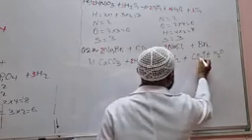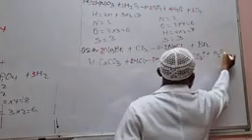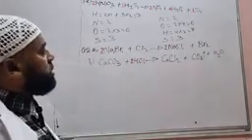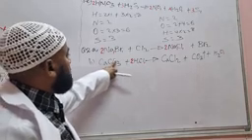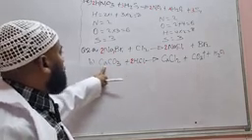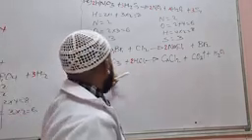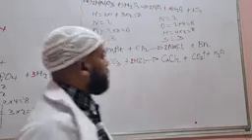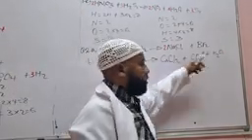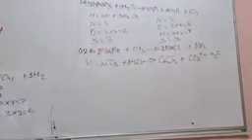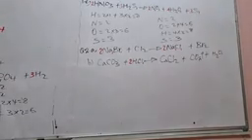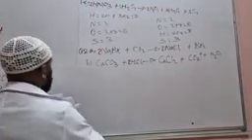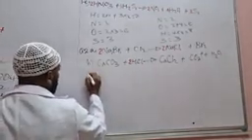Okay, oxygen in the product is 2 plus 1, which is 3. Oxygen in the reactant is also 3. Calcium is 1 and calcium is 1. Carbon is 1 in the reactant and 1 in the product also. Therefore the equation is balanced. When you come to C,